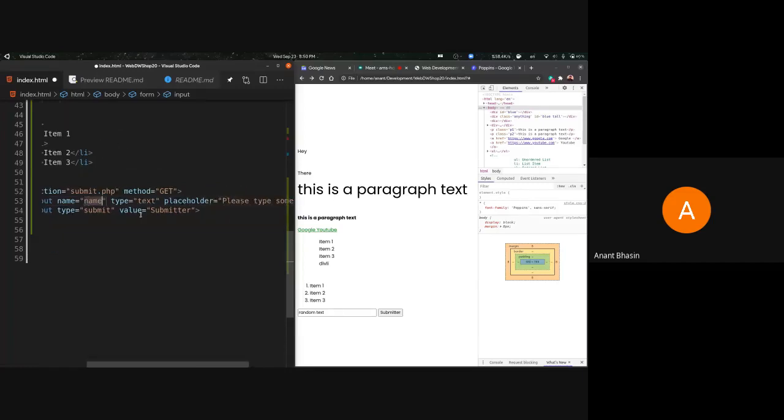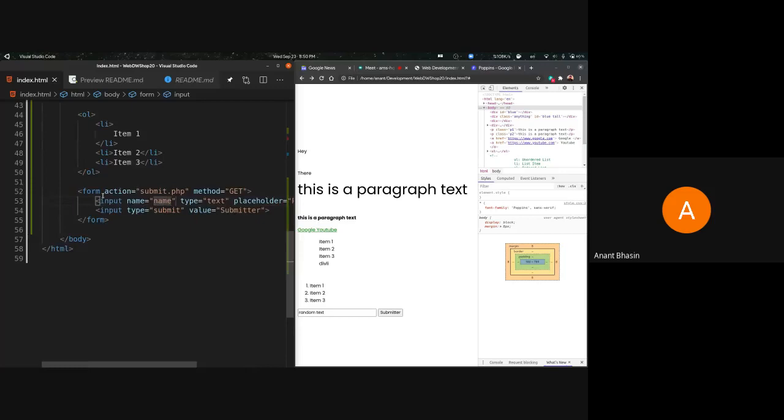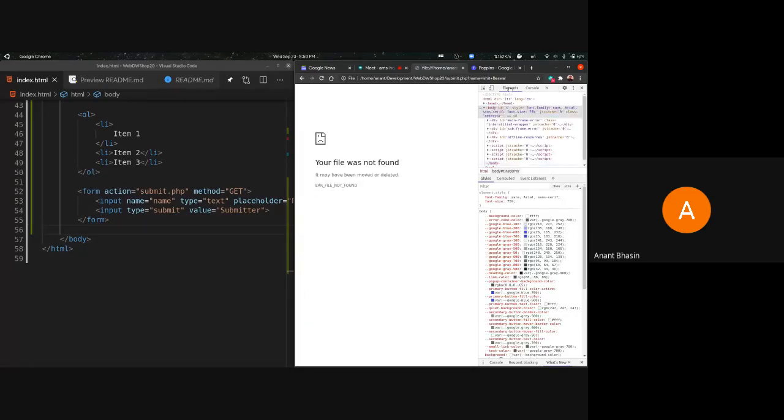I could give this a name of name. Now if my text input has a name of name, and I reload the page and put something here, like Ishit base one, and I submit, then if I copy the last part of the address bar so you can see it clearer, you can see that it added to submit.php a question mark, and name equals Ishit plus base one.